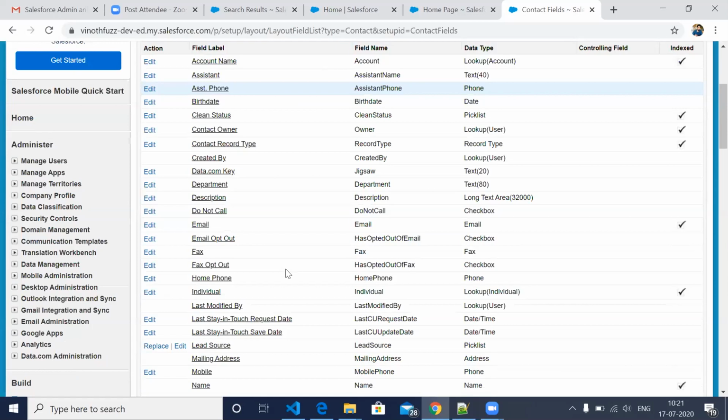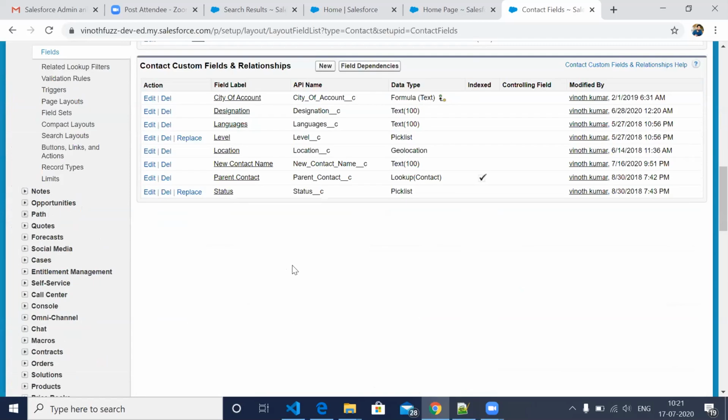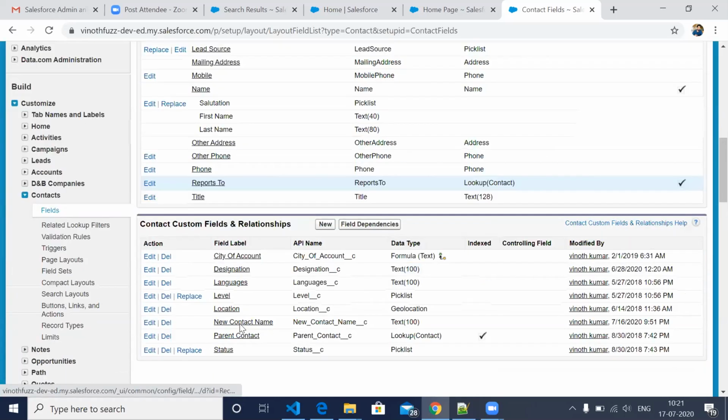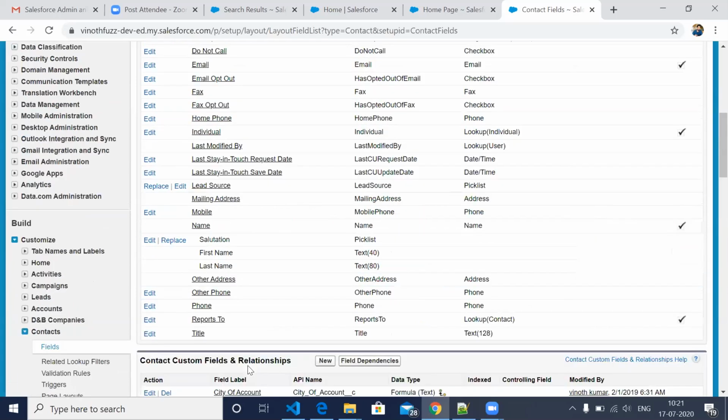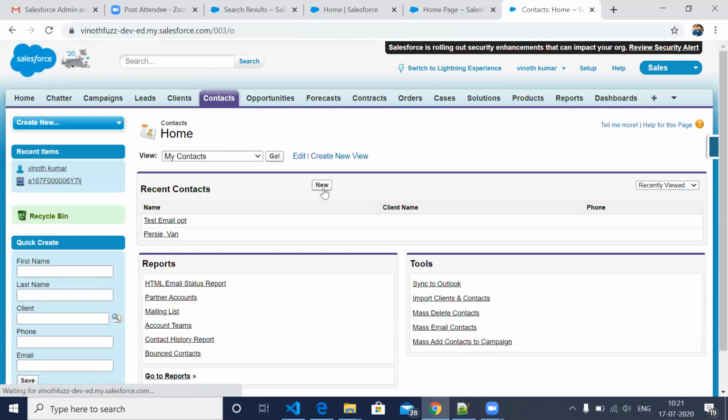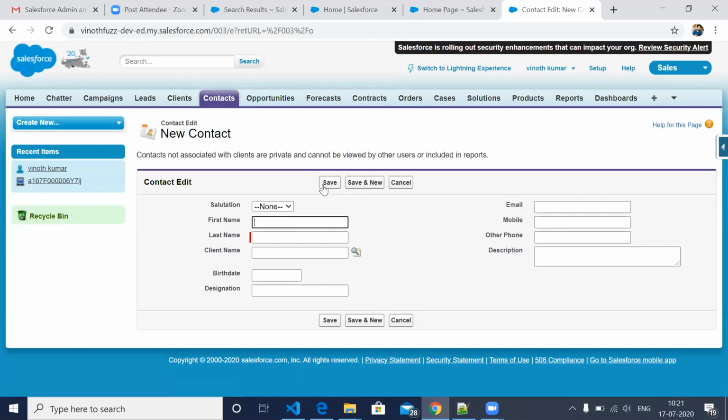Now if you come here, you can see that this one is created. New contact name is created. If I go to contacts, I need to add it.